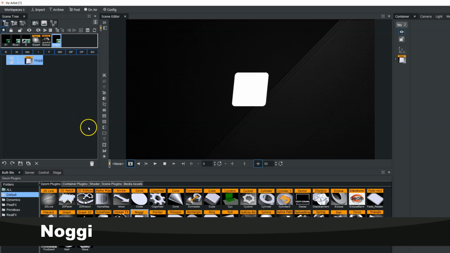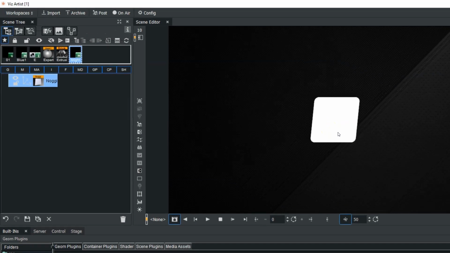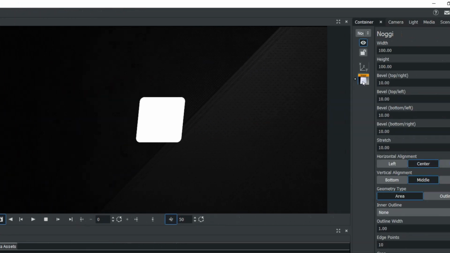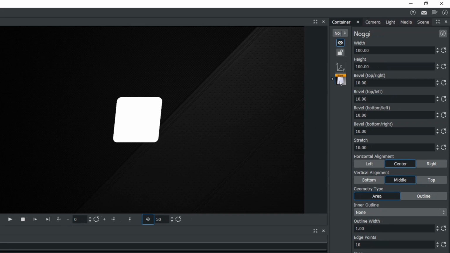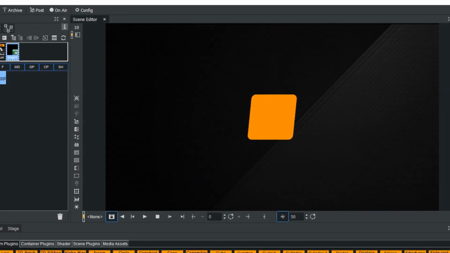The Noggi is a 2D object. When we drag it up into our scene, it basically looks like a rounded rectangle slanted a little bit. So if we click on the Noggi icon to go into the properties editor, we have a lot of options here within the Noggi. First, to see the shading, we'll just drop a material on it, and then we can